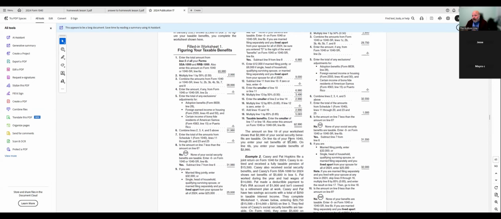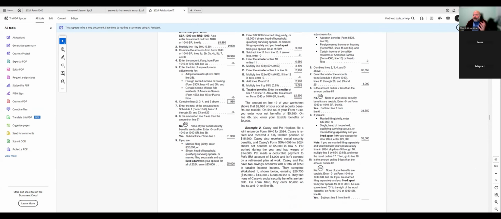So the amount on line 19 is our taxable amount. And then that's going to go on line 6B of your 1040. I think following it in a book is easier for me, but I don't know if it's easier for you. We can go through another example. The book, Pub 17, covers every idea and every tax situation, and they're going to give you an example. So it's really good to read this as we're going through.